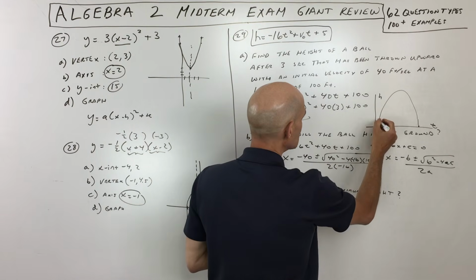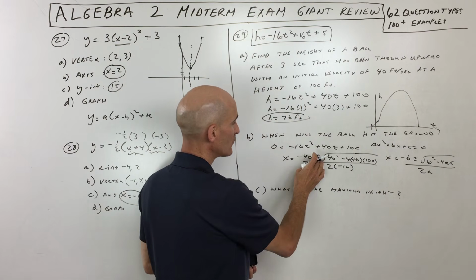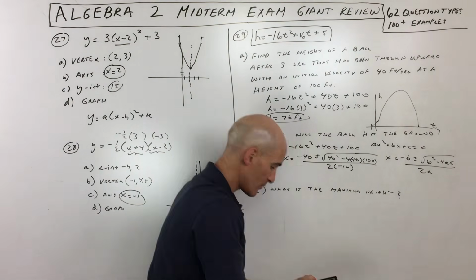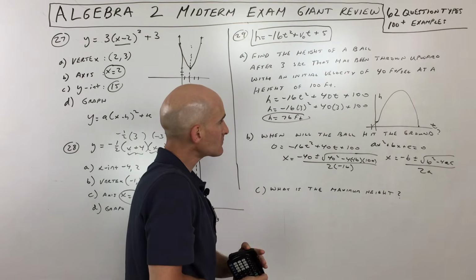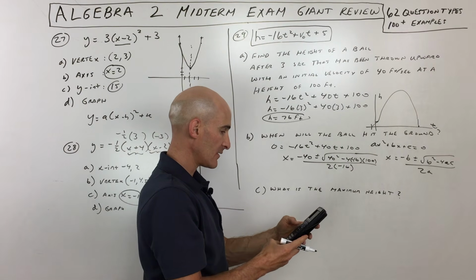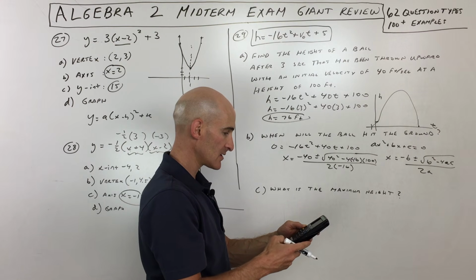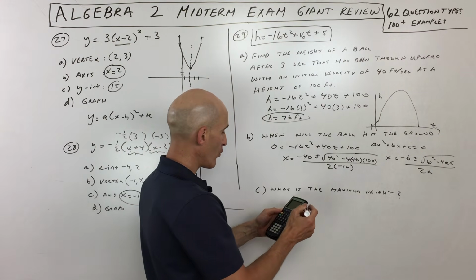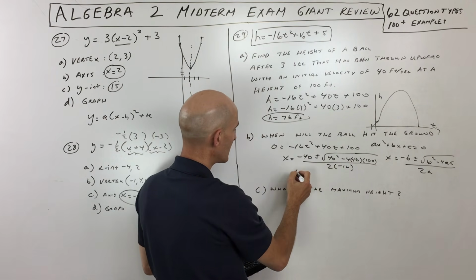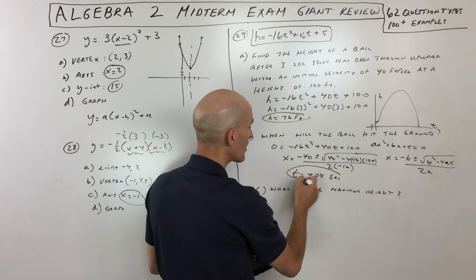So basically what happens is you're going backwards. We don't want a negative time, so instead of doing positive here, I'm going to do negative so I can find this value over here. So let me go back to the calculator and let's see what that comes out to. Second entry, change this to minus, and we get 4.05 seconds. So that's going to be over here. It's going to take time equals 4.05 seconds. So discard the negative answer.